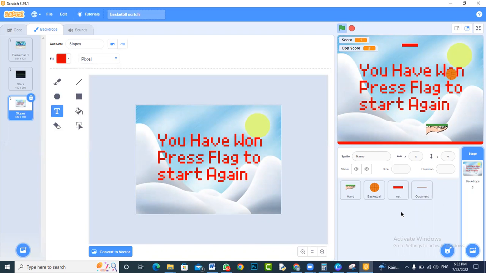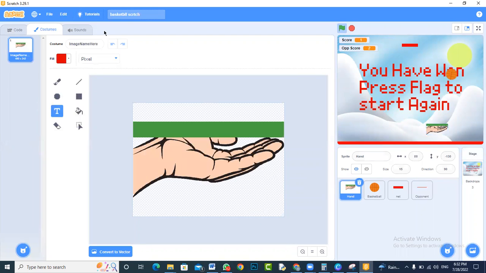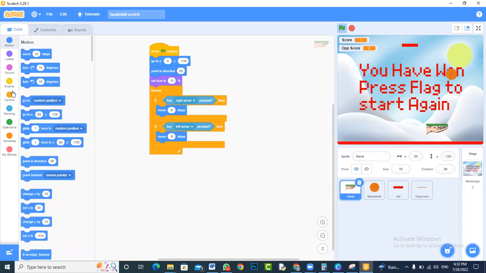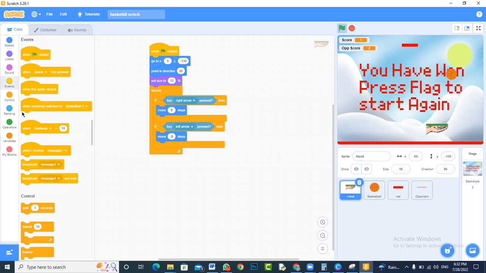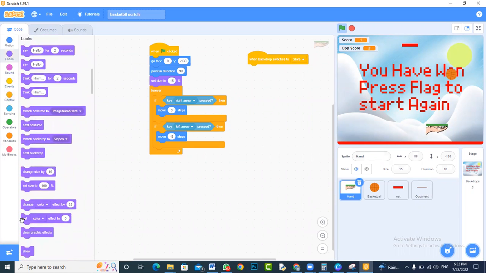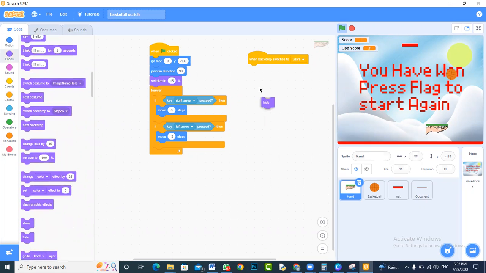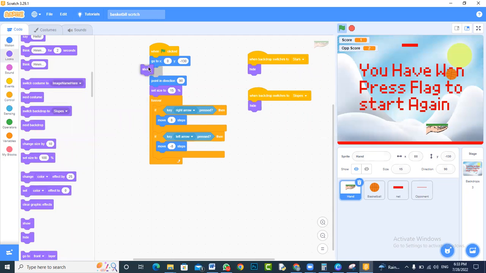And I'm just going to write one thing in every code. In every object, in every sprite's code, I'm going to use one variable. And that is when backdrop switches to stars, go to control, go to its looks and hide it. Similarly, duplicate that and change the backdrop to slopes, also hide it, and show your character whenever you press the flag